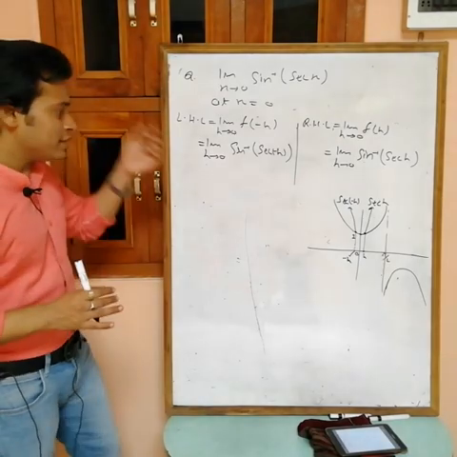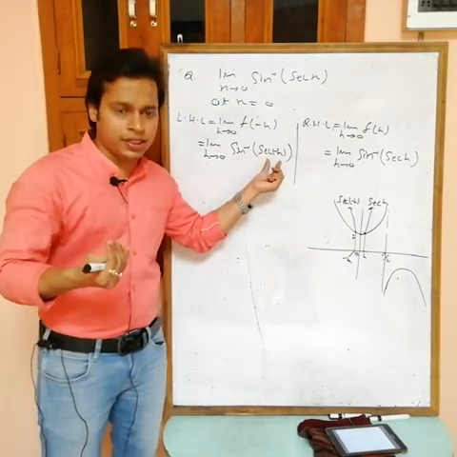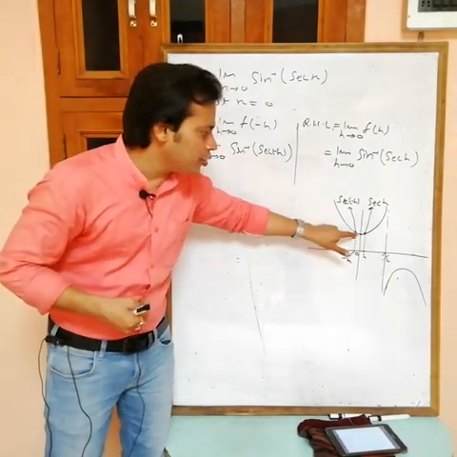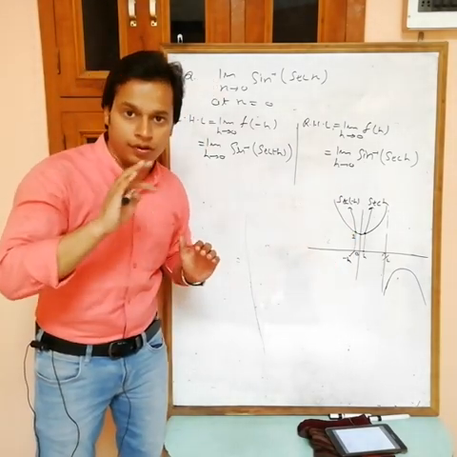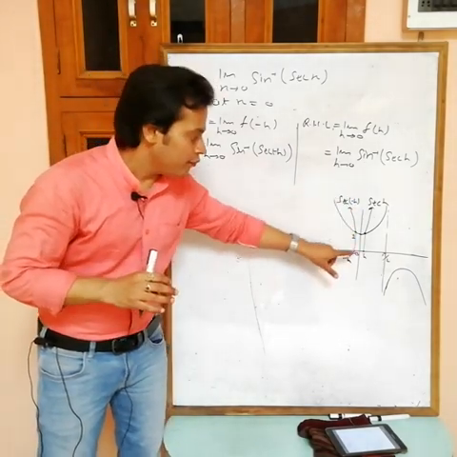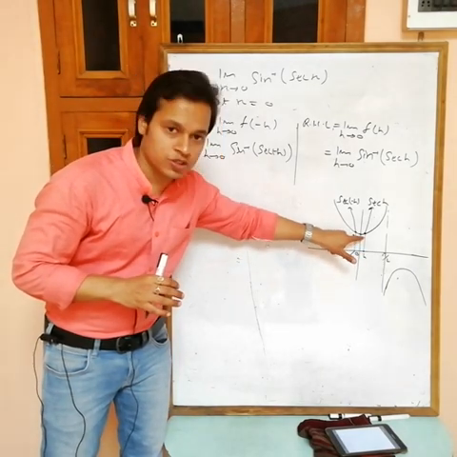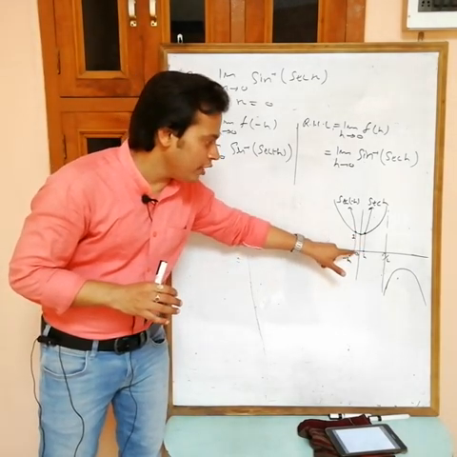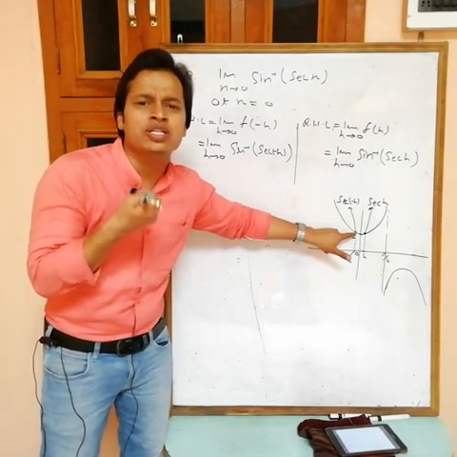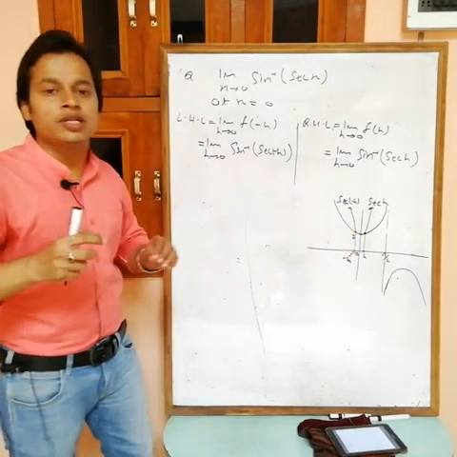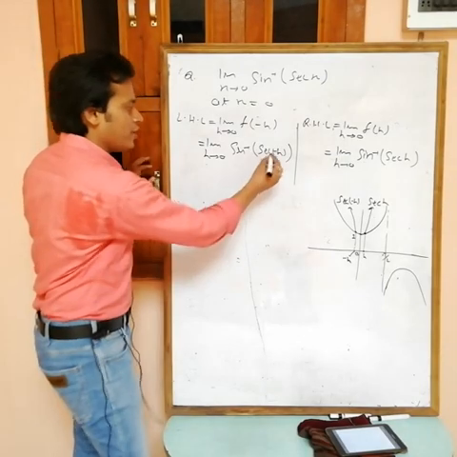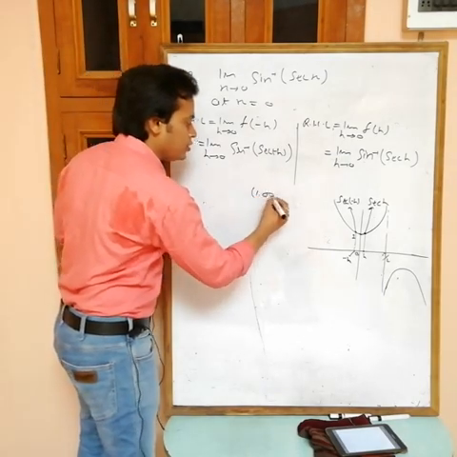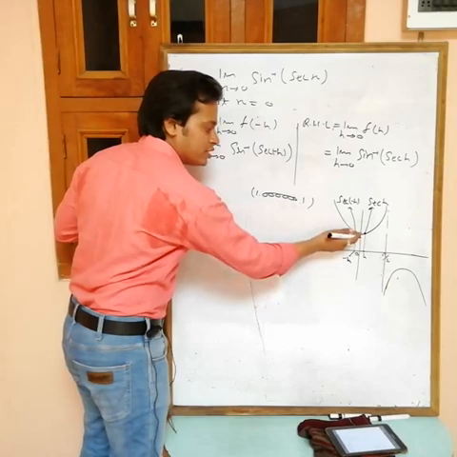Now can I say that sec of minus h is just greater than 1, this value, because the minimum value of sec is 1. For positive, the minimum at 0 is sec equal to 1, but h is not equal to 0. Now at minus h we have a value just greater than 1. Suppose the value of sec minus h is 1.00001, it means this value.